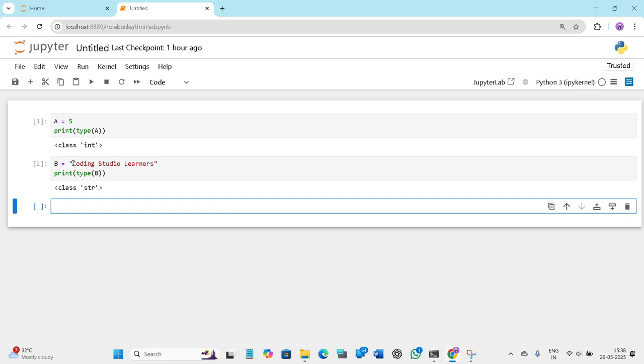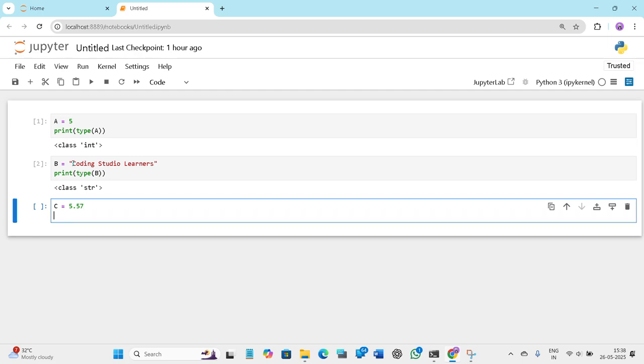So next, I'm giving numbers like these, and then print type. I want to find out whether it is a float,